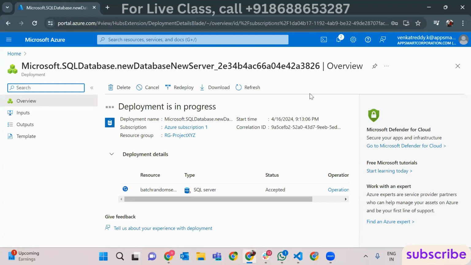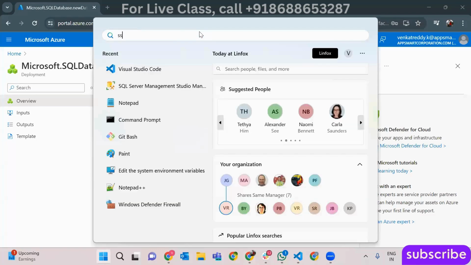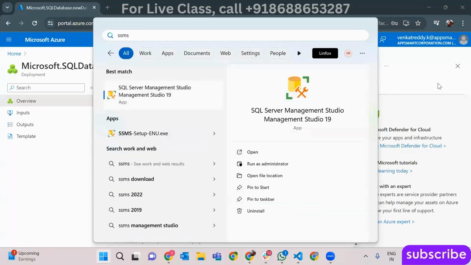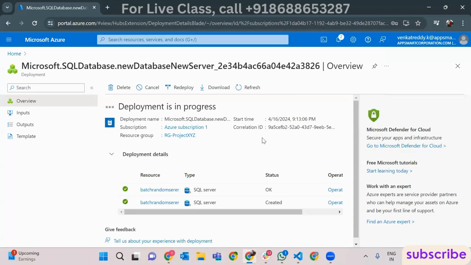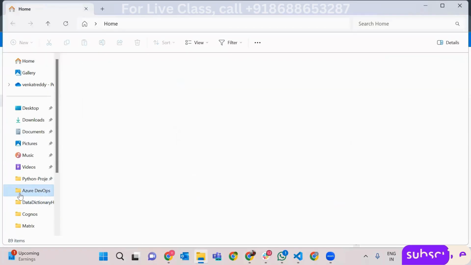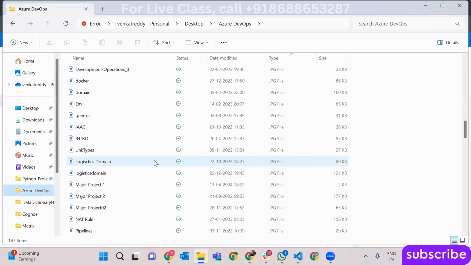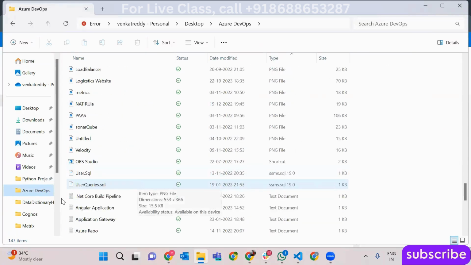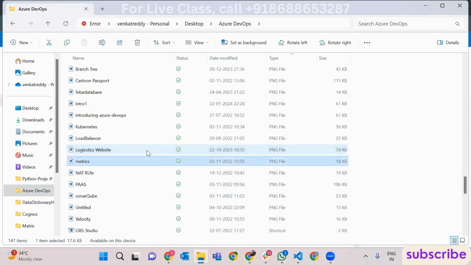And after that, what will they do? How will they connect to the server DB? By using their local SSMS. The other way, they will not connect to any DB. Instead of that, what will they do? They'll create a single text file with extension SQL. Let me show it to you. For example, if you look at this project,